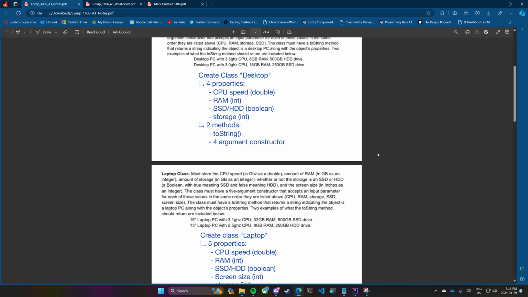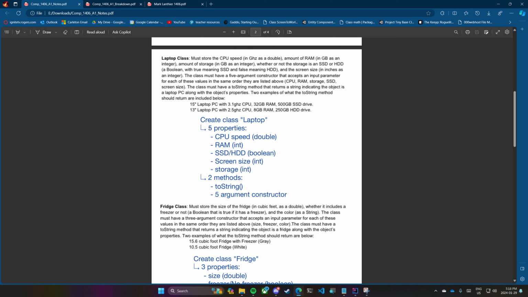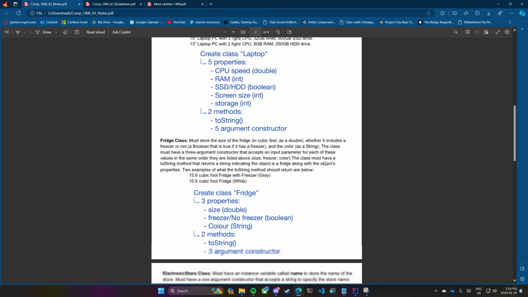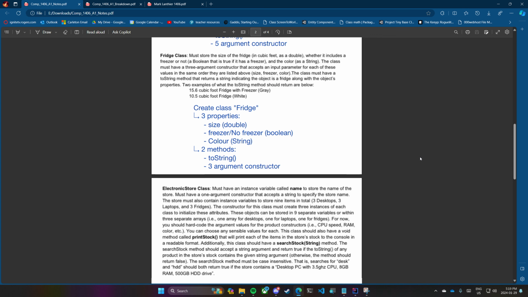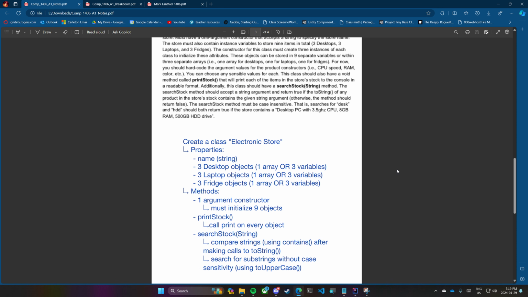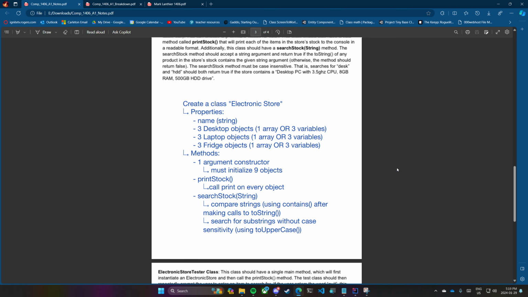The next one's pretty similar. You're going to make another class called laptop. It's going to have five properties this time, and it's also going to have a toString, and a five-argument constructor. You're going to make a fridge class with three properties, slightly different ones, two methods, again, a toString and a three-argument constructor. And then you're going to have this electronic store class, which is going to be a little bit